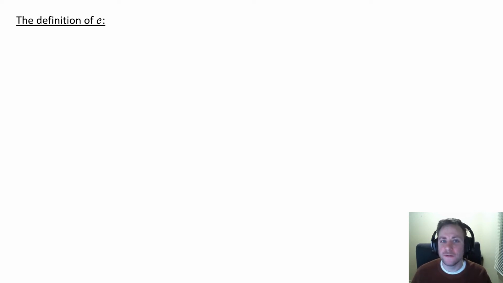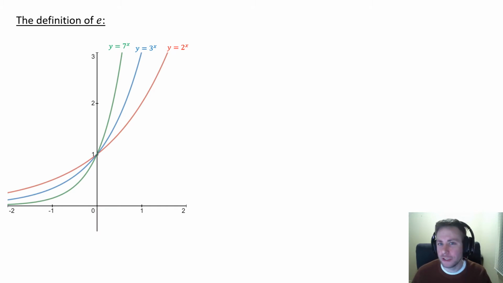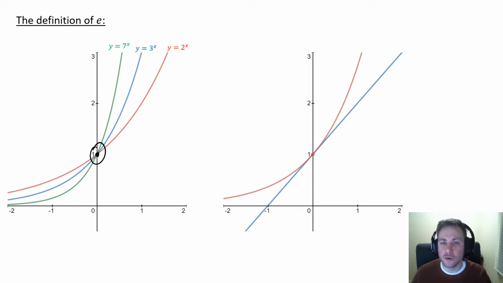To motivate the definition, let's consider a few typical exponential functions such as the ones you see here. And notice this y-intercept is common to all of these functions. In fact, every single exponential function passes through this point, but each of them does so with a different slope. And just to be clear, when I say slope, I'm referring to the slope of the tangent line at that